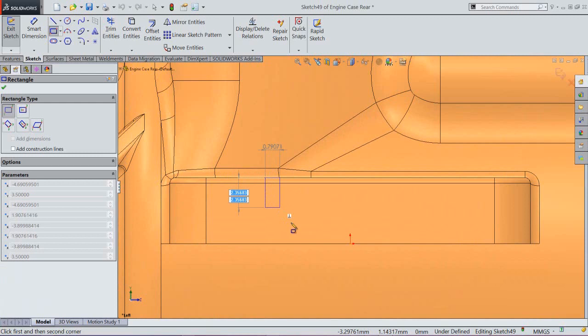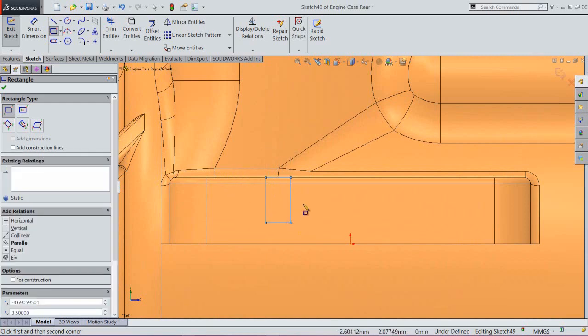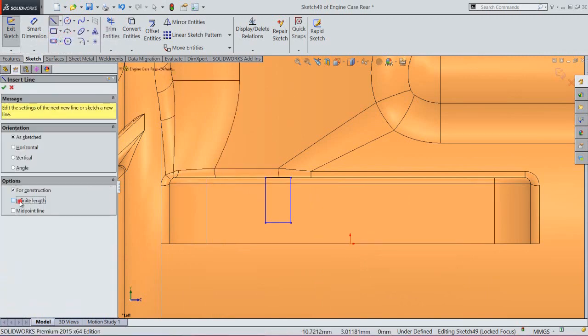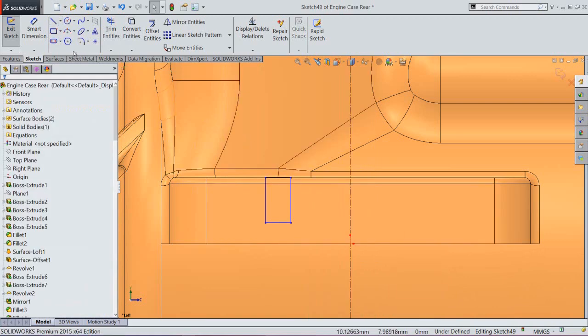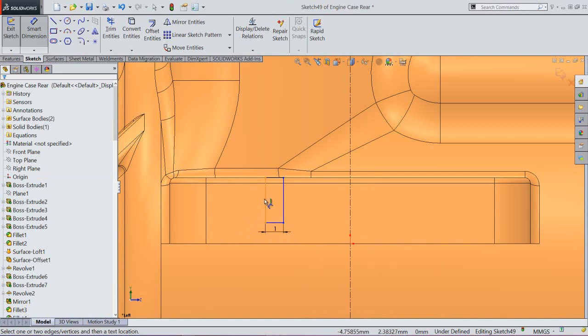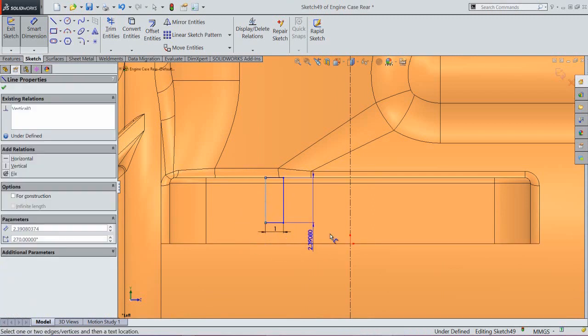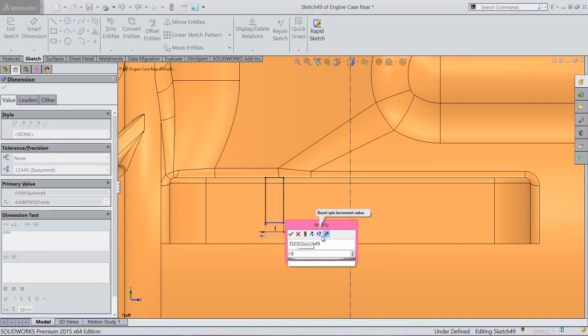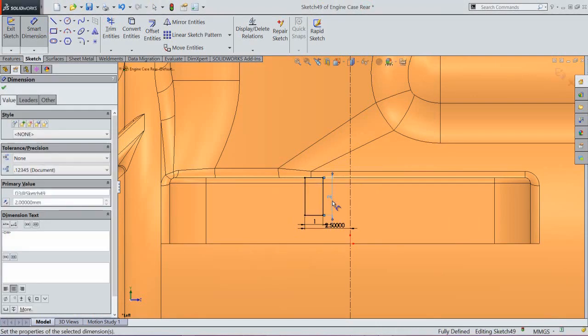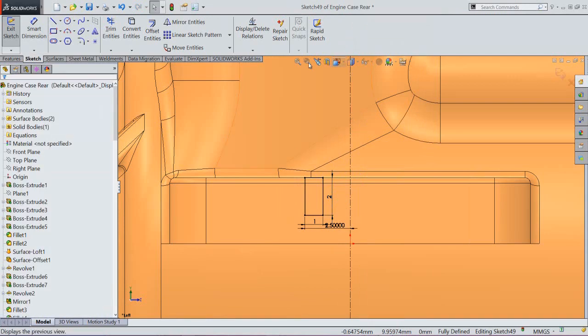Create a rectangle like this. It will keep 1 mm by 2 mm. OK, finish the sketch.